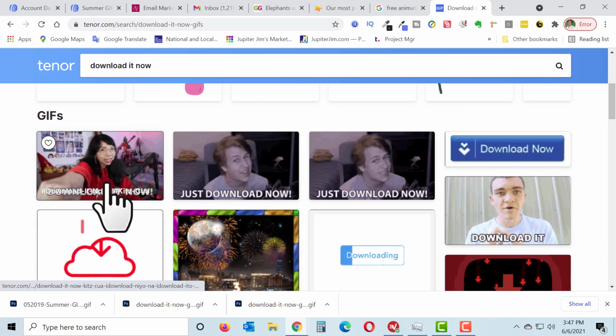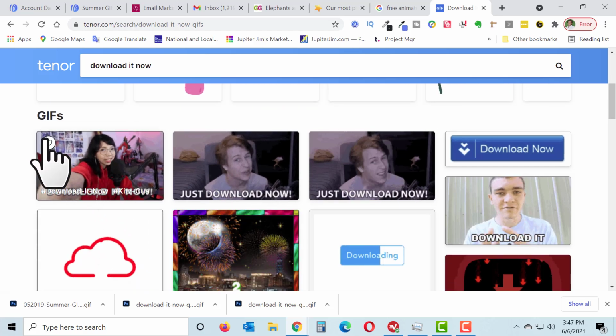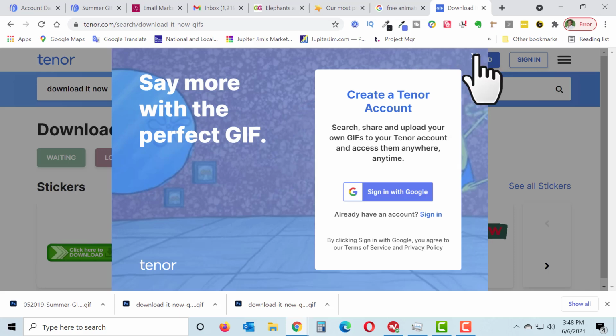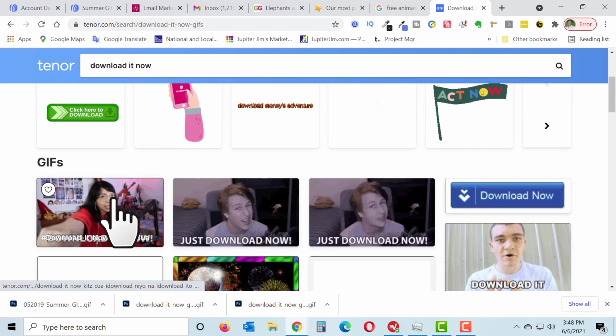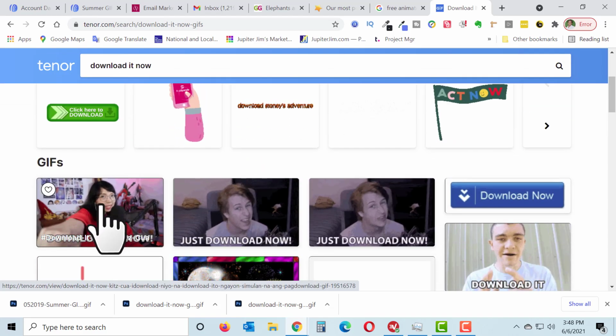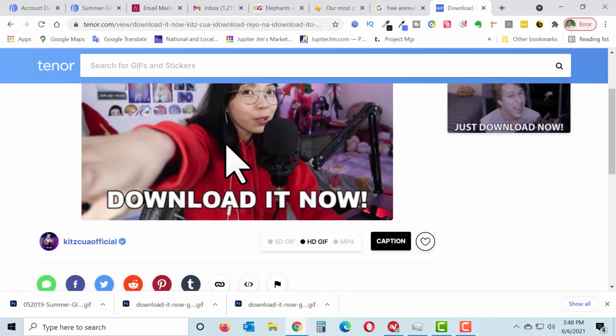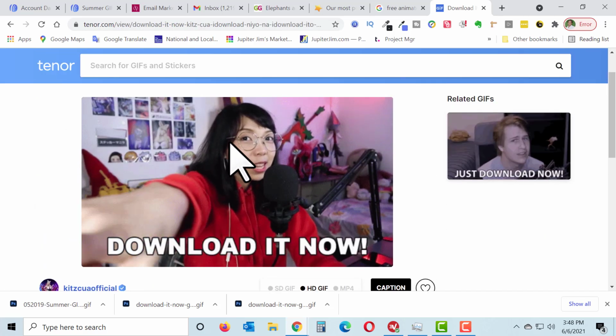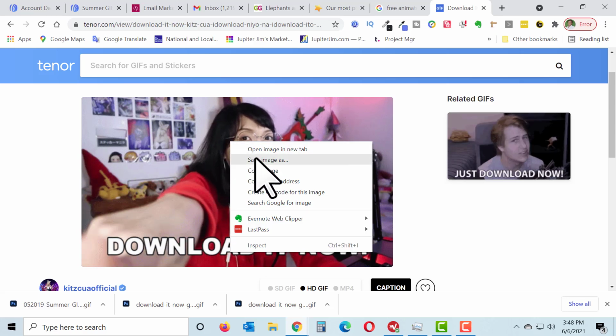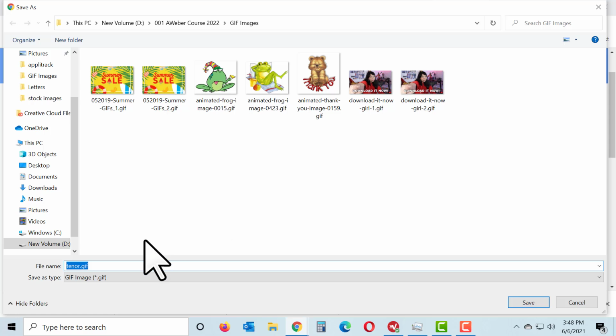And this is the one I want. I can favorite it if I want, but I guess I have to join. So anyways, let's forget about that. I'm just going to click here, bring it to this page, right? And right click, save image as, and it doesn't have a very informative name, so I'm going to call it download